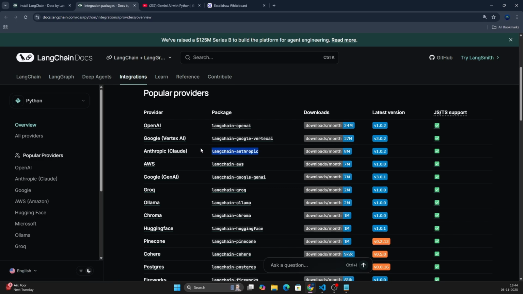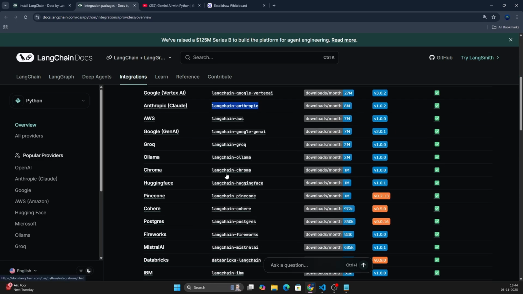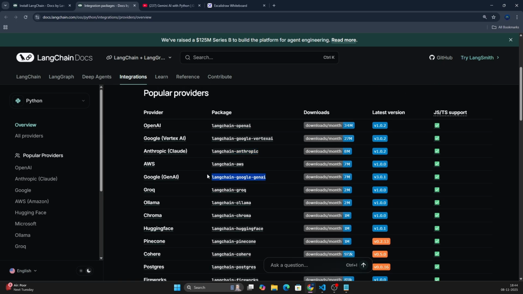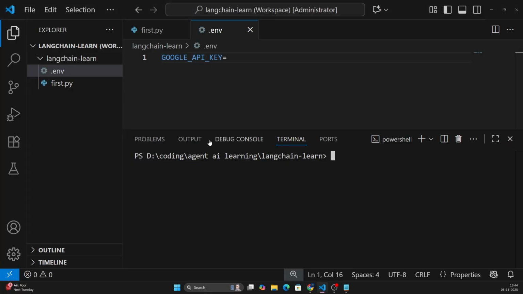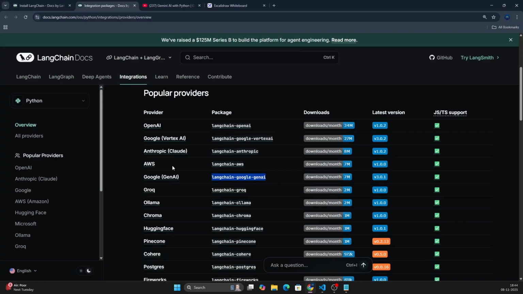Now, let us not worry about all these packages. Let us just worry about installing LangChain and installing the LangChain Google Gen AI. Once it is installed, let's start creating our code. Before we actually write our code, whatever LLM model you want to use, you should have the access to